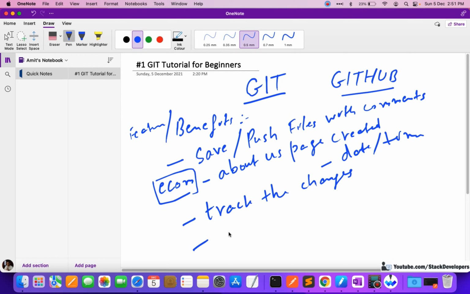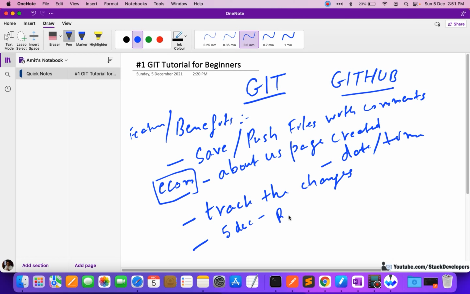Like if we have made some mistake in our code, say on 5th December I have made some kind of changes, I can simply undo the changes here.